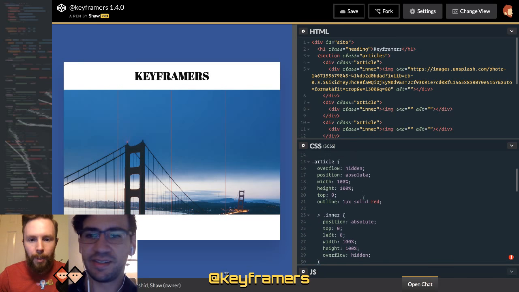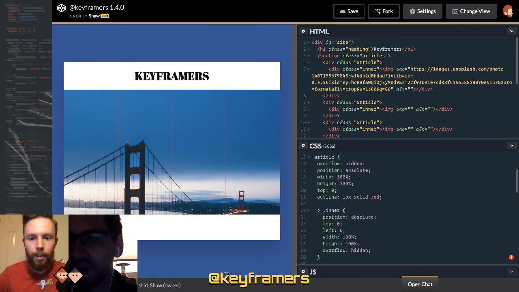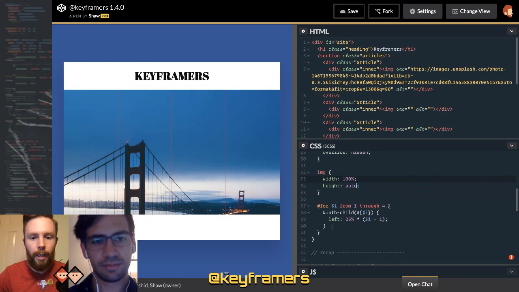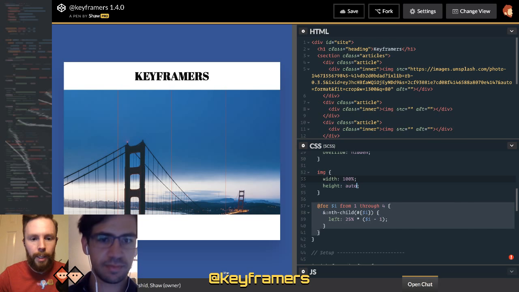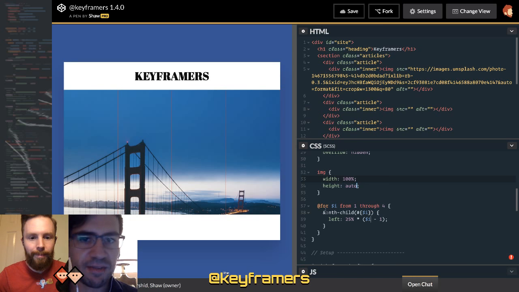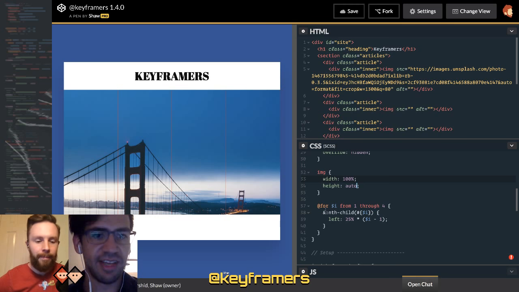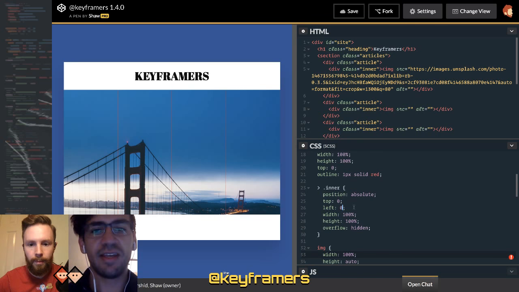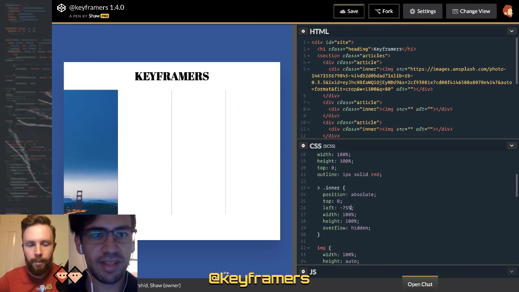Before we get too deep in here, just looking at the CSS, so you've got the article, and these are all position absolute, top 0, and then a simple Sass loop to set the left position based on the index there. Right. So the important thing is that all of these are full width. These are not like 25% width, and that's so that we could do that sliding layers thing. So in these inners, if we position them so that their left is like negative 75%, then we could see that it's only showing